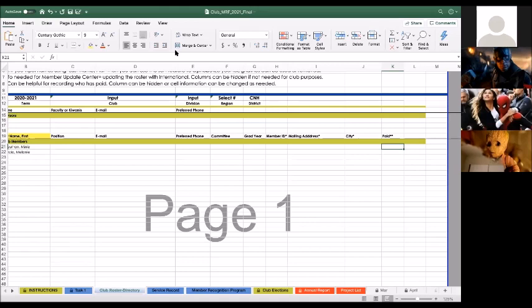Your advisors will also have that ID when they put you into the membership update center. It's important that you keep that ID because that's how you apply for scholarships and things of that sort. Please do not lose your ID, and always ask your advisor if you need it.